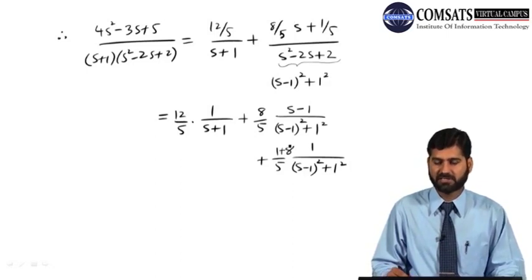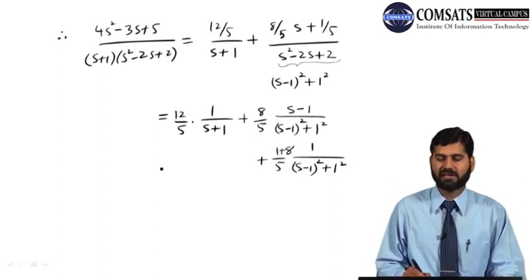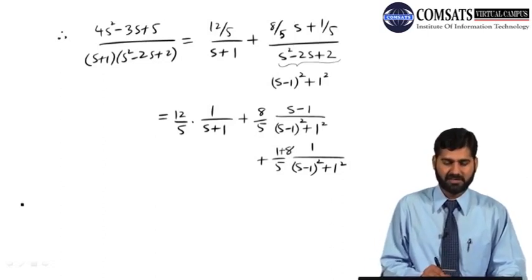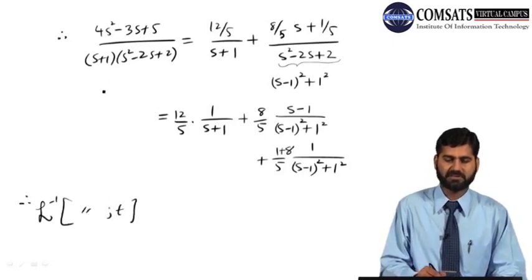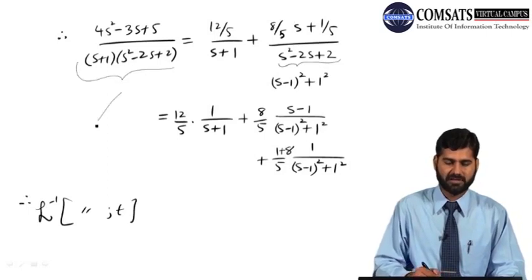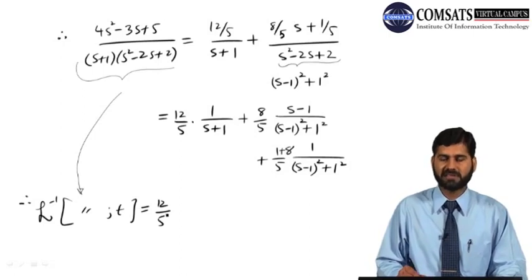Then they will be equal because you subtracted negative 8 here. So you have to add 8 by 5 and the same expression. So now you can find the Laplace inverse easily. Therefore, the Laplace inverse of our function of t is equal to, because Laplace is a linear transformation,